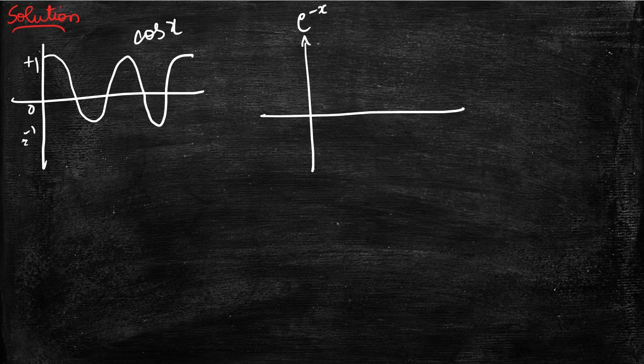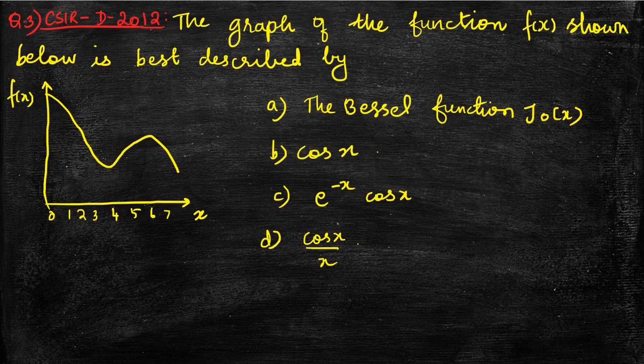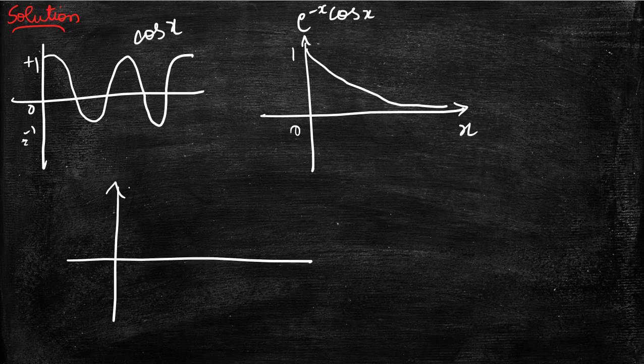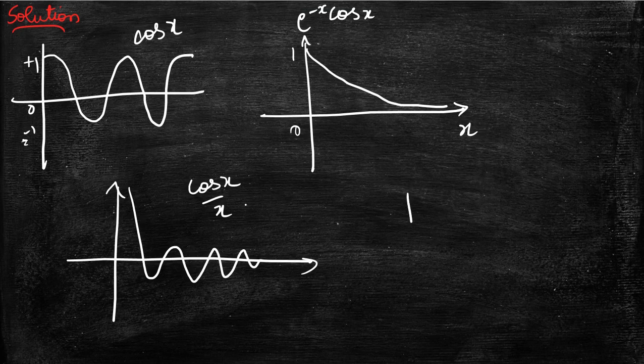And now I am going to draw the e power minus x cos x graph because the third option is e power minus x cos x. So when I draw that graph, you have to remember these kinds of graphs. We usually see many graphs like this in many photos. So please remember this. This is e power minus x cos x graph, and cos x by x graph will be like, okay. So this is cos x by x graph, and next is the Bessel function, which will be like,